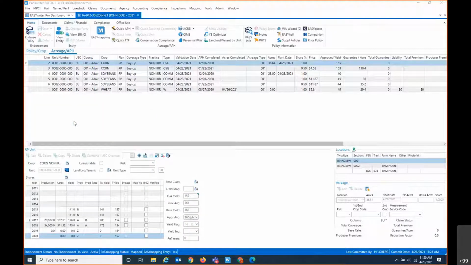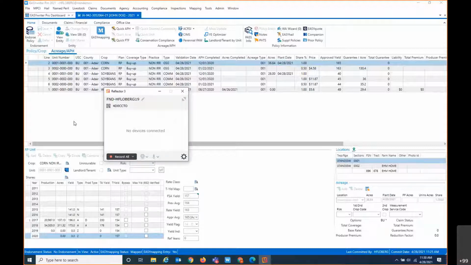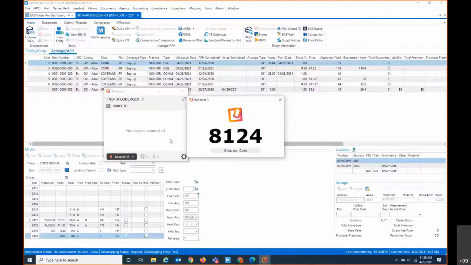I'm going to pull up my mobile device here to be able to walk you guys through Field Insight, or not Field Insights, acreage reporting. So give it just 1 second here. I just need to get a number up on the screen for you guys to be able to see my mobile device. And this is rather quick too, because I'm just going to kind of do a high level of